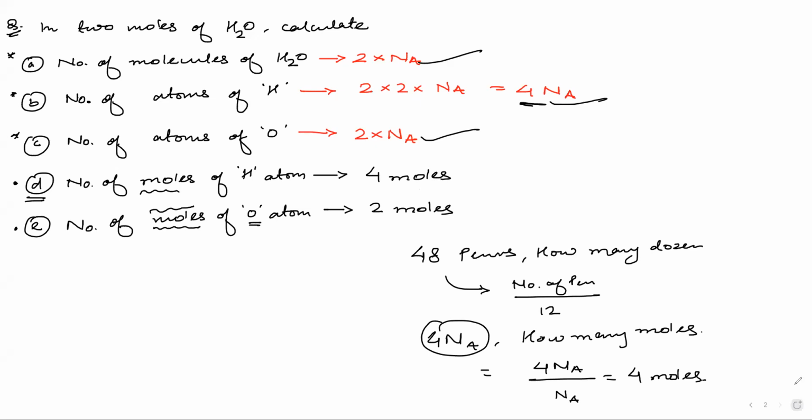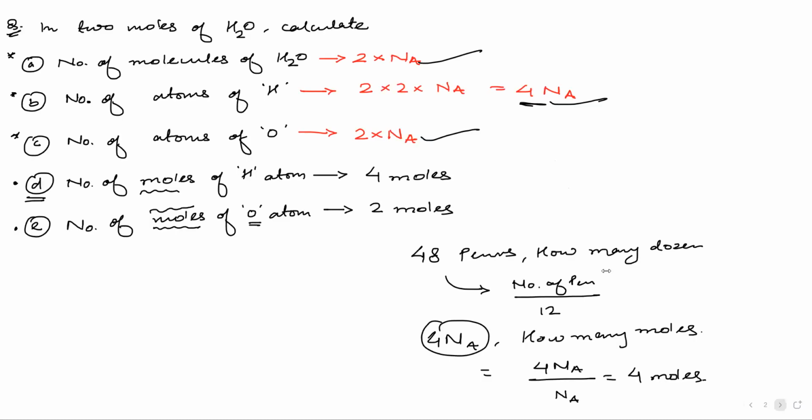Thank you. Now moving on. The next question is in NCERT. But what I feel is, if you answer in terms of Na, you won't need even to pick up the pen. It is very similar to this question that we have of H2O. If you see your NCERT textbook, question number 1.10, the first chapter, 10th question from the exercises, the question goes something like this: in 3 moles of C2H6, that is ethane, calculate.